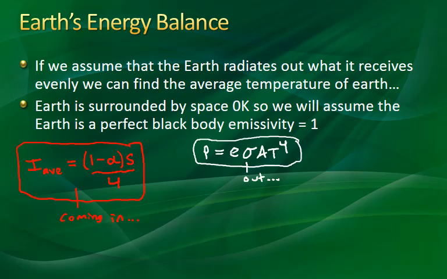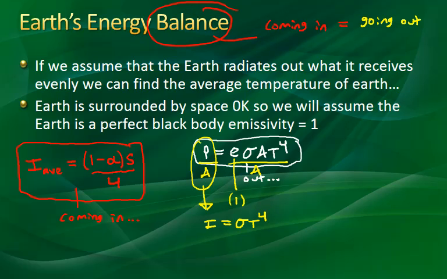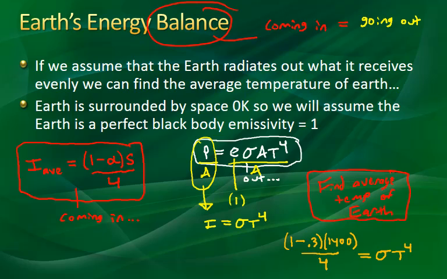If this is what we have coming in, and this is what we have going out, we can divide by area to get this value. What's coming in should equal what's going out. If we know that's true, if these are equal, we can find the average temperature of the Earth. We'll subtract those out, and we get the average there